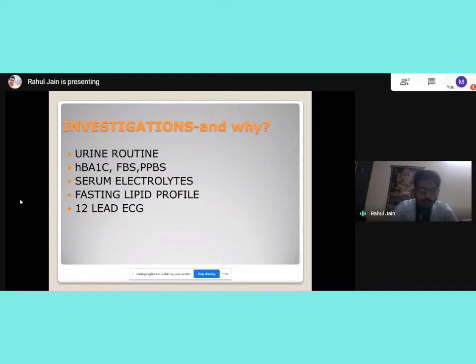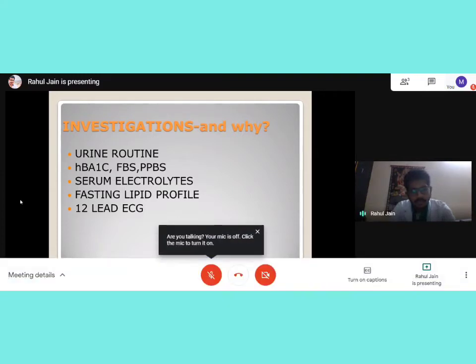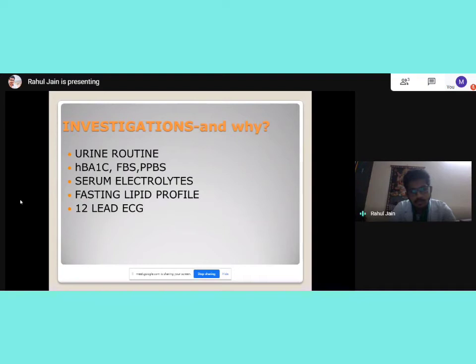Then blood sugar monitoring, through HbA1c, fasting and postprandial blood sugars, is very important to detect associated comorbidity, because there is an entity called metabolic syndrome. Whenever the patient has metabolic syndrome, he's at risk of a lot of problems like hypertension, and a lot of risk for cardiovascular diseases, strokes, peripheral gangrene, infections. So we need to see that other risk factors are also controlled along with hypertension. We need to rule out that the patient has elevated sugars or elevated lipids. That's why we also do a fasting lipid profile.